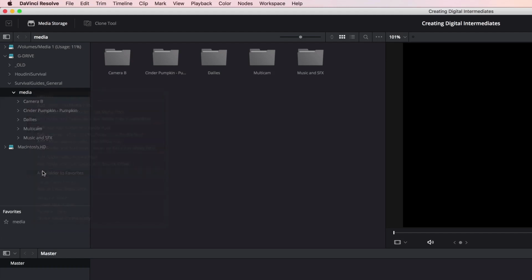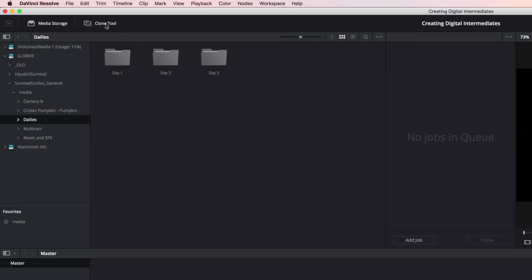Right now, none of the media is actually in your project. This is the time in every DI workflow where you should create a copy of the original media as a safe backup. Resolve has a built-in clone tool for that. At the top of the media page, click the clone tool in the interface toolbar to open the clone panel. Here, you click the Add Job button and drag the entire compact flash, SD camera card, or folder of media